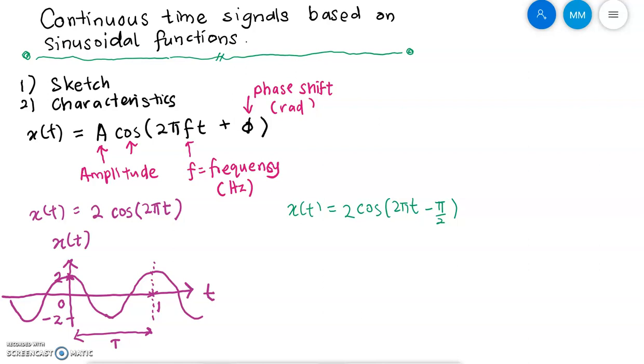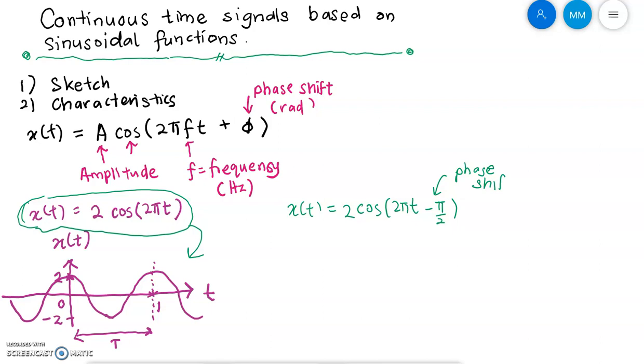If we compare to the previous example, when we have xt equals 2 cos 2 pi t, then we got this graph, right? Now, let's say we have the same signal, but now it has been shifted by negative pi over 2. So what will be the output of the graph? Because this reflects the phase shift of the signal,